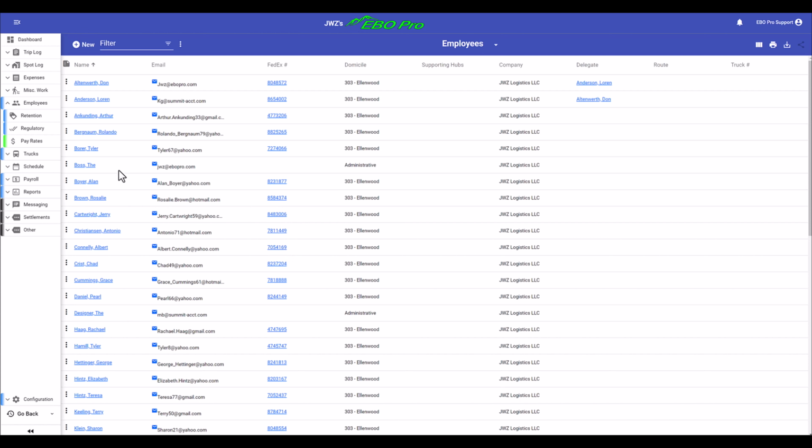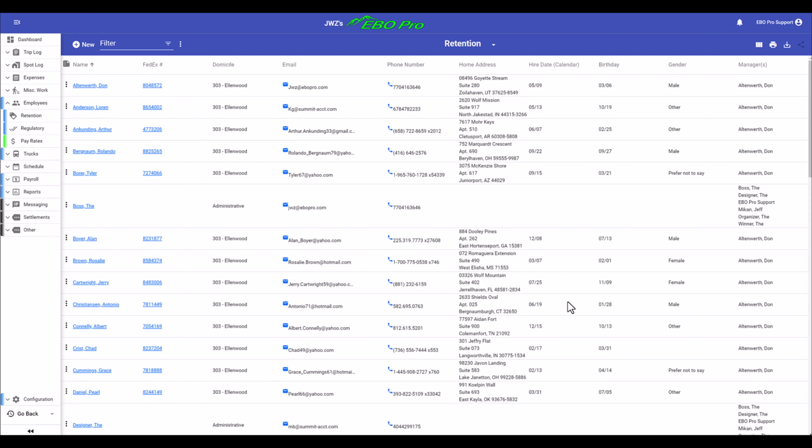That will get your employee listing up to date with the most information that you can pull out for your reports and for alerts. The next thing I wanted to go over was the buttons that show up below employees. The first two are just reports that we've made that a lot of people use, so we've made them kind of defaults over here. One's called retention. This just will give you everybody's hire dates,